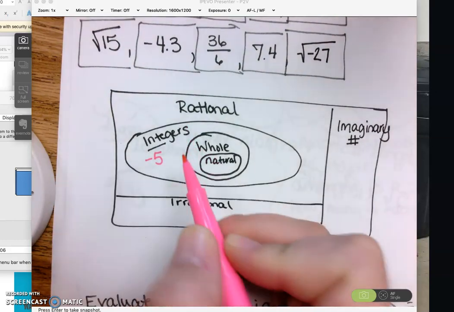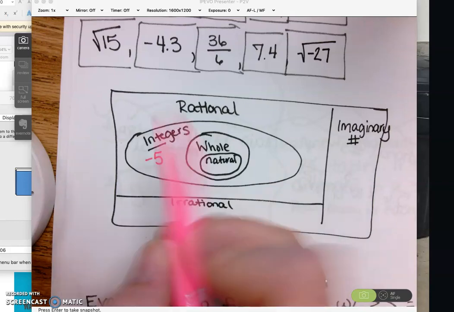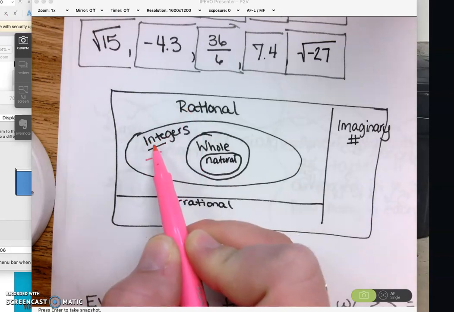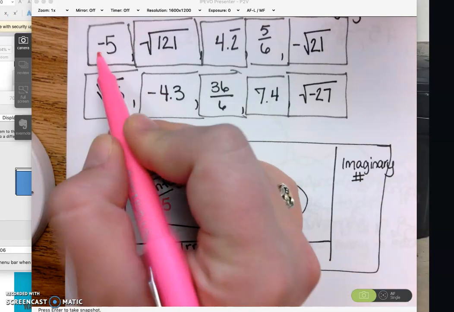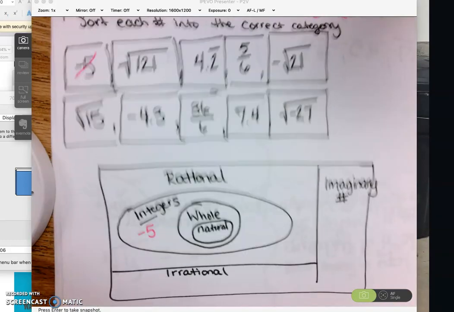So no, because it's negative. You stop at integer if it's negative. So this -5 is also a rational and integer. I do want you to put whatever the original form is, but, like, the next one is square root